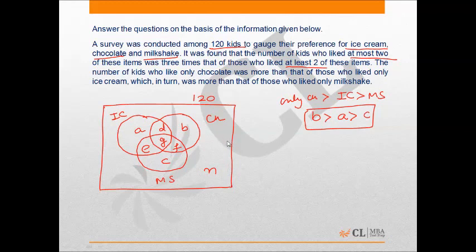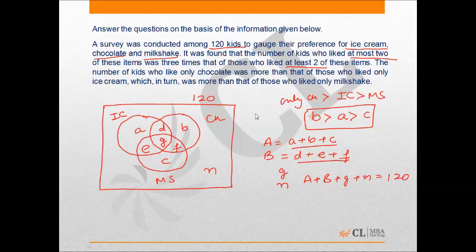Instead of writing A, B, C, D, E, F, G and N again and again, let us take the kids who prefer only ice cream, only chocolate and only milkshake to be capital A, and the kids who like 2 of the 3 items be capital B. So capital B will be D plus E plus F. All three will be, take it as G only, and none of the three will be N. Let us take these variables as A, B, G and N. So the summation of A, B, G and N will be 120,